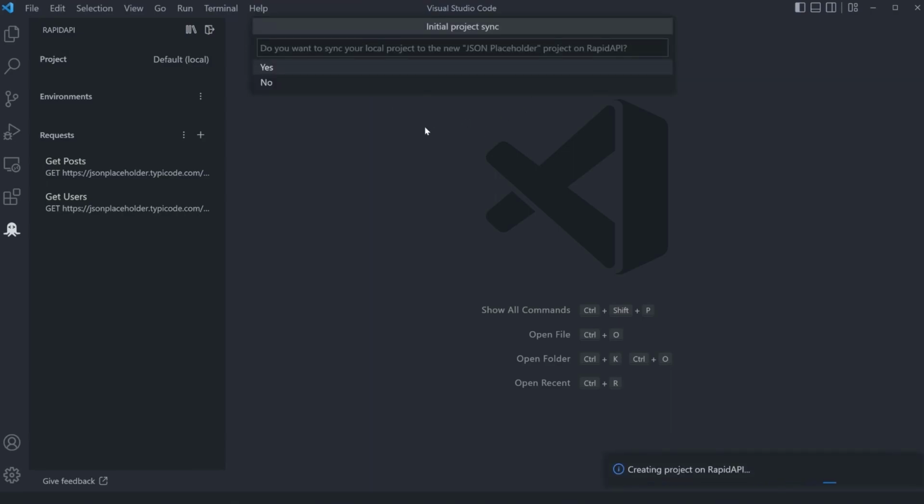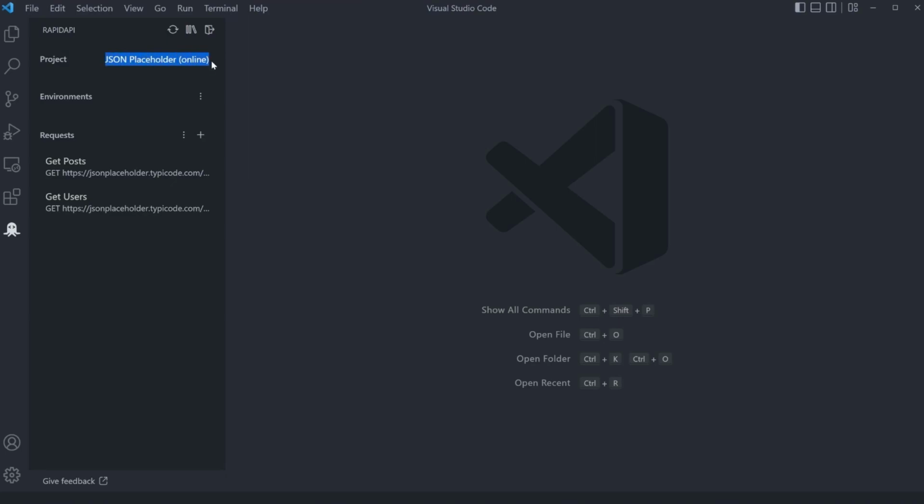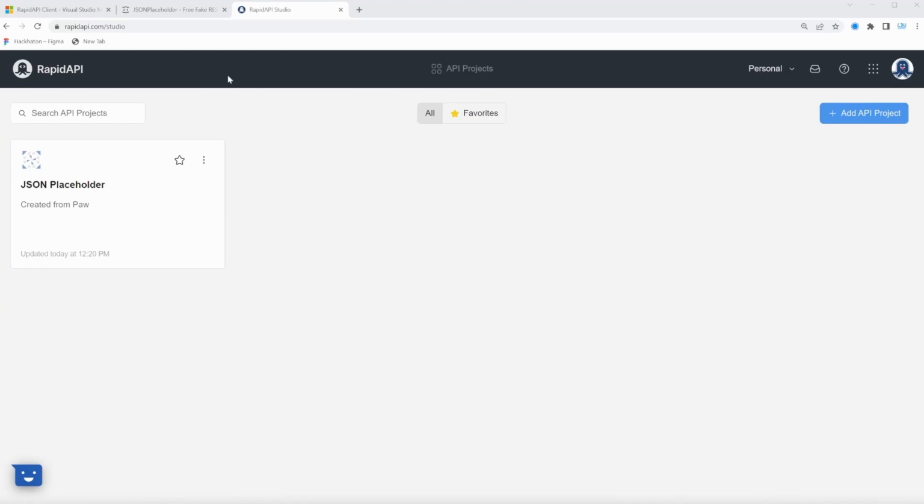This is automatically going to create the project, and it's even asking us if we want to sync our local project to the new JSON placeholder project, and yes, we absolutely want to do that. There we go. Now it says JSON placeholder online, the requests are here. And the best thing about that is that now if you go to